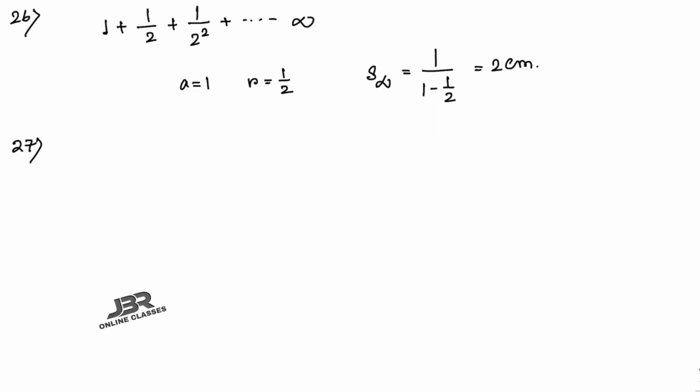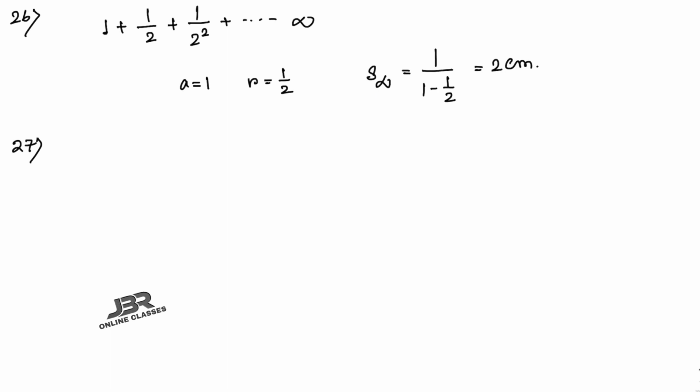So here in sum number 27, the inventor of a chessboard was a very clever man. He asked the king for a reward of 1 grain of wheat for the first square, 2 grains for the second, 4 grains for the third, and so on, doubling the amount of grain for each subsequent square. How many grains would have to be given?